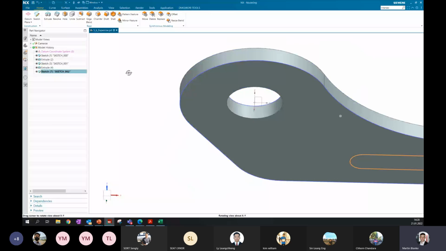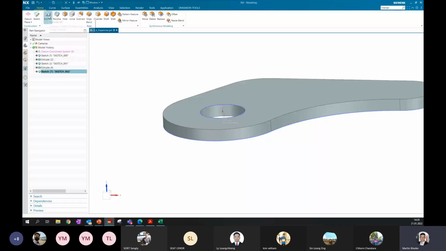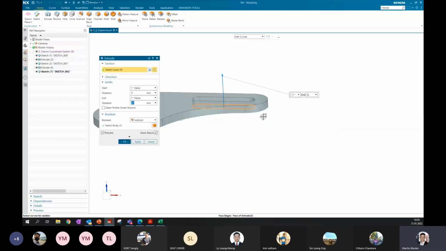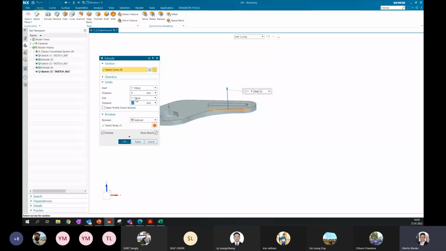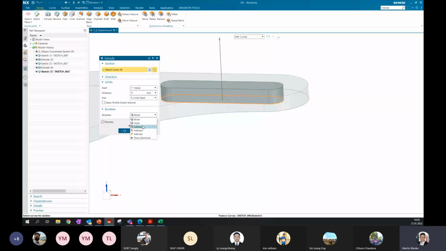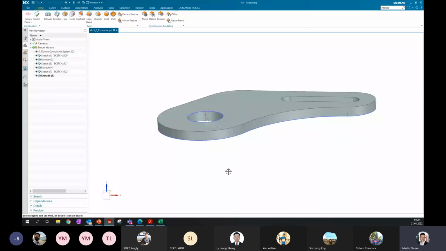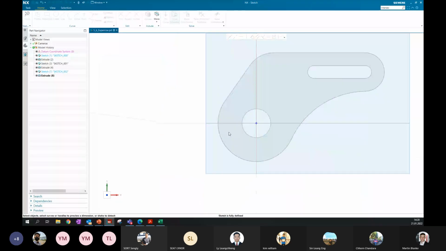Now again, extrude. Change from value. Instead of value, I go with next, and from none to subtract, and here we go. Now we are done with 2 of 3 holes. Now the last one. For this one, again, I select this plane and I add